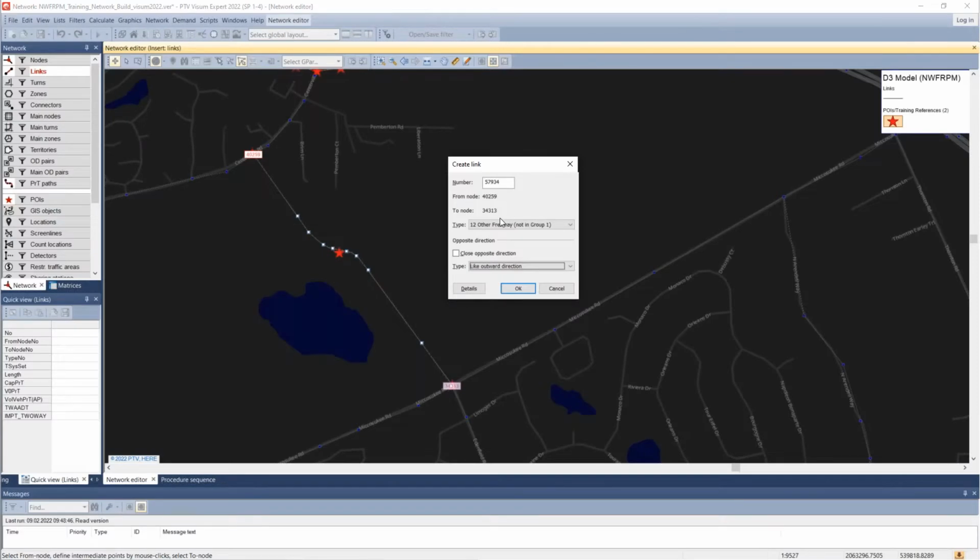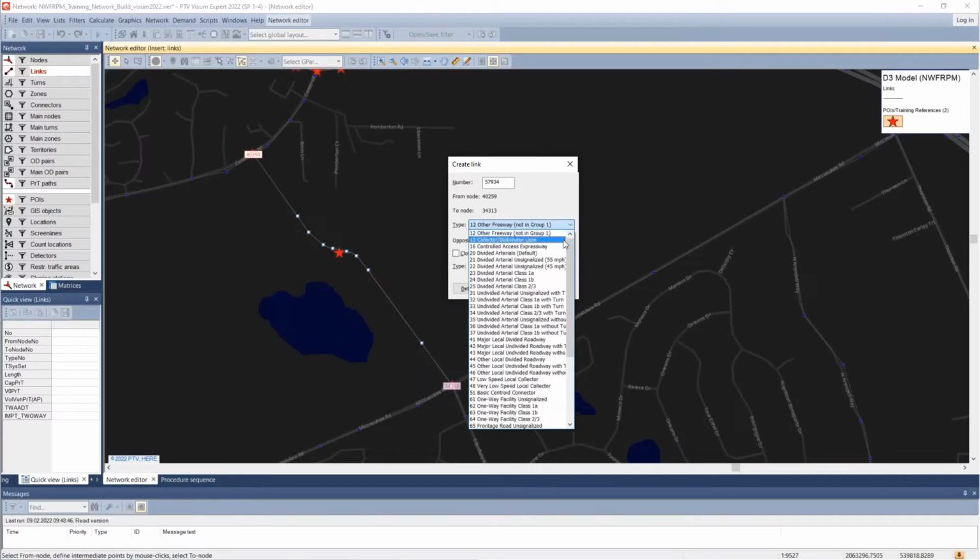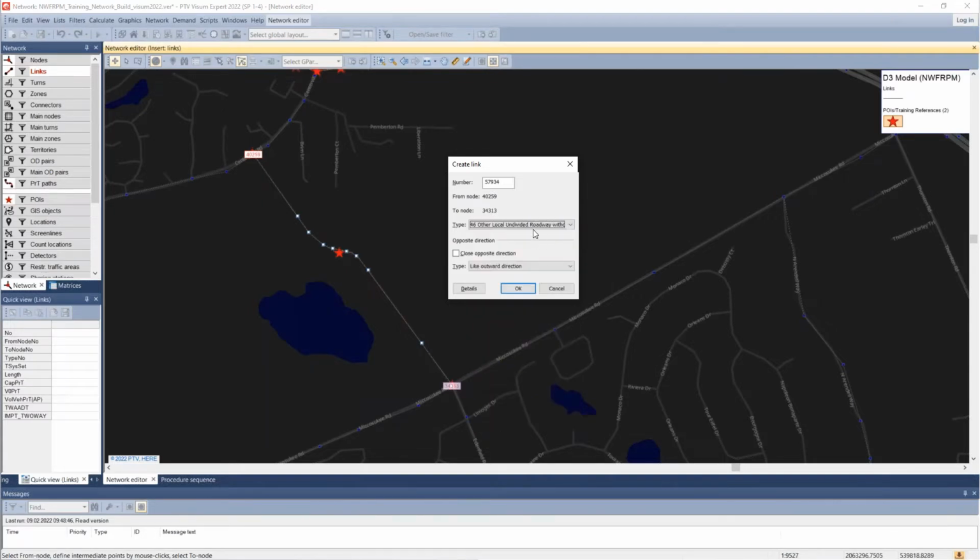So in our model, we're going to use this drop down, and here you can see we have quite a few different link types that you can pick from. In this case, we are going to find link number 46. And then we want to confirm what the